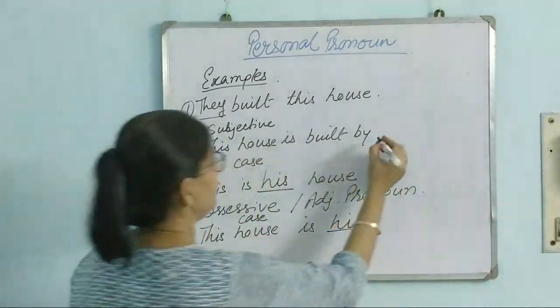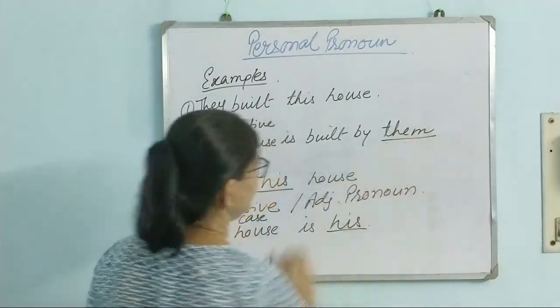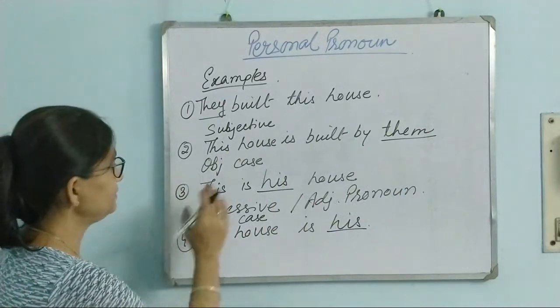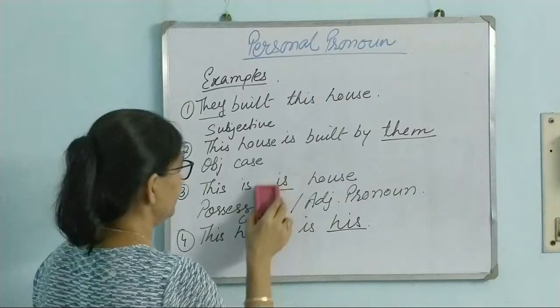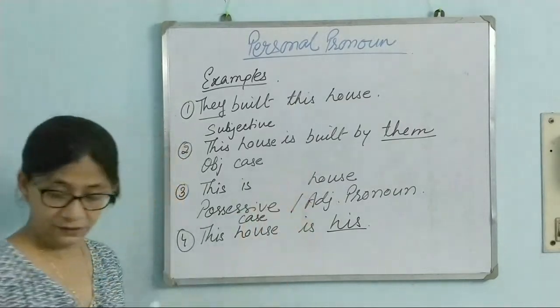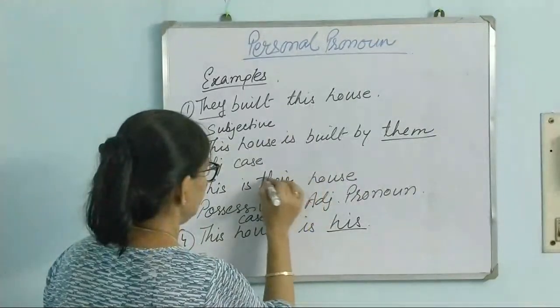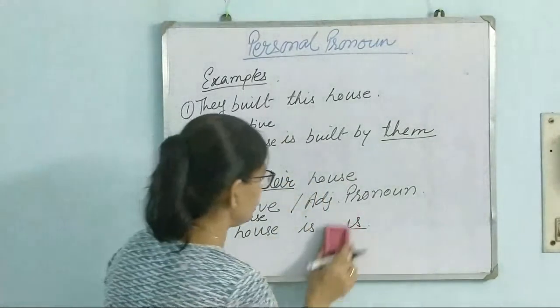This house is built by them. Them is the objective case of they. What will come over here? It refers to they and them, so it will be their. This is their house. And the last one, this house is